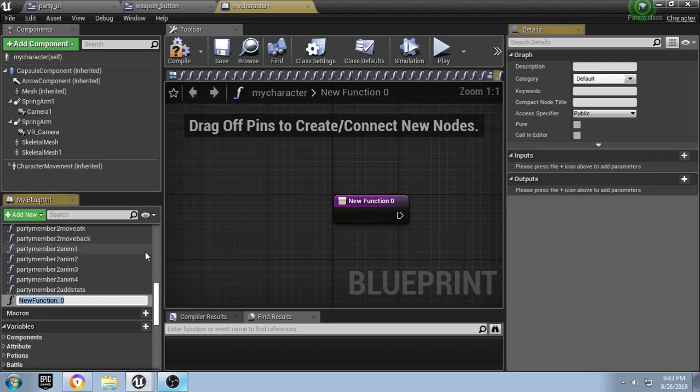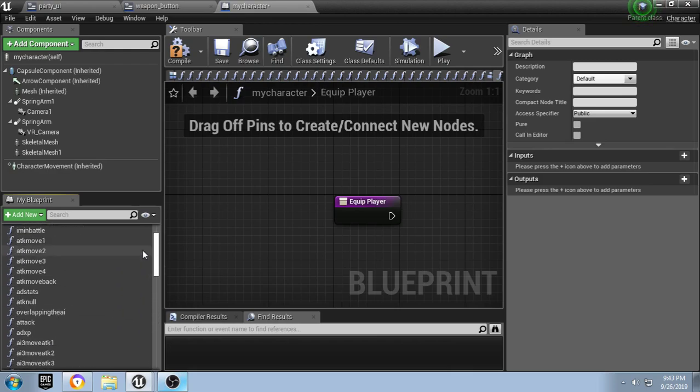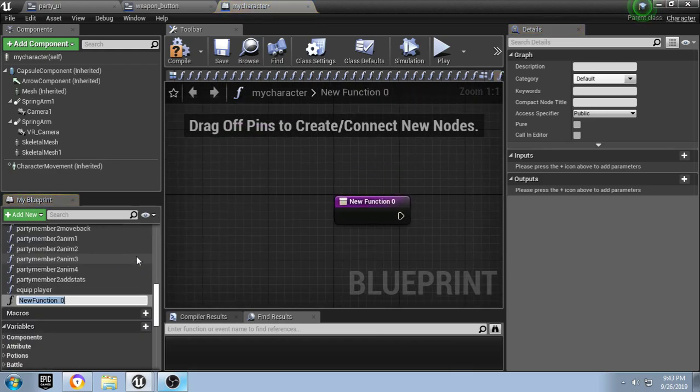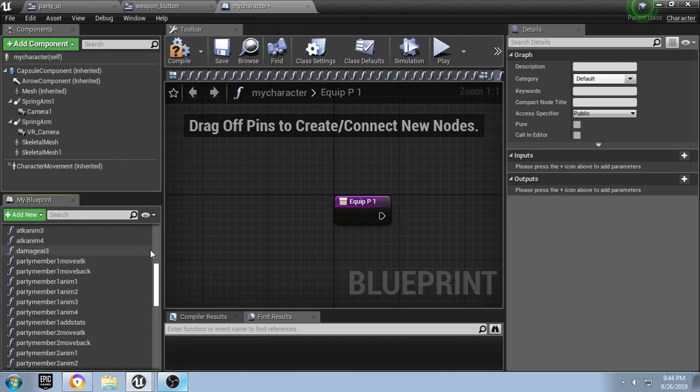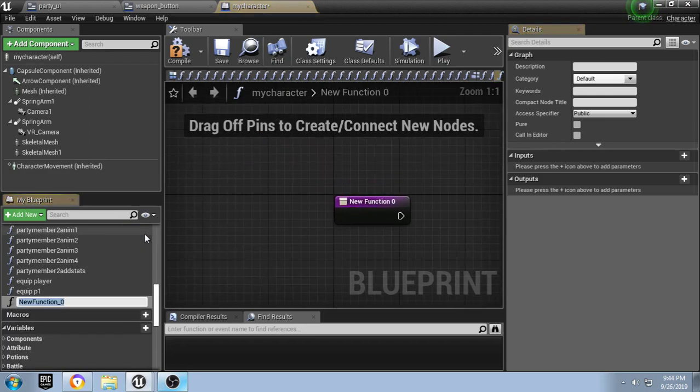So we're going to have equip player, equip P1, and equip P2,